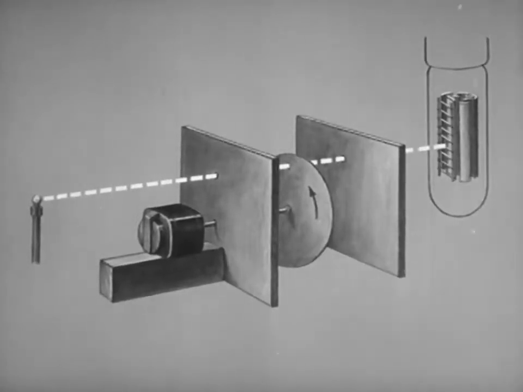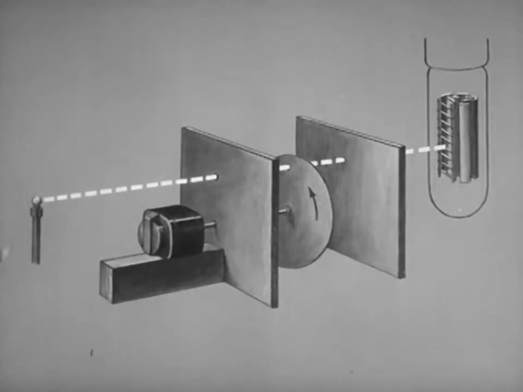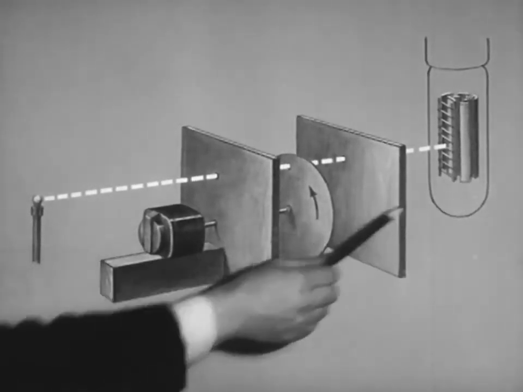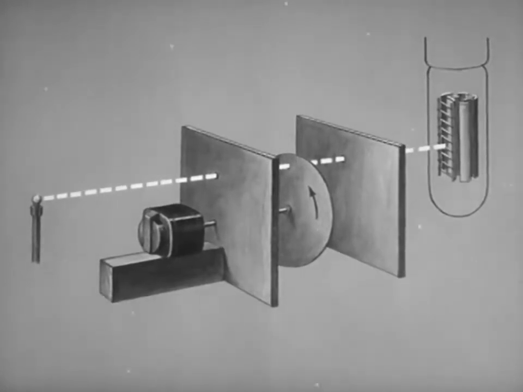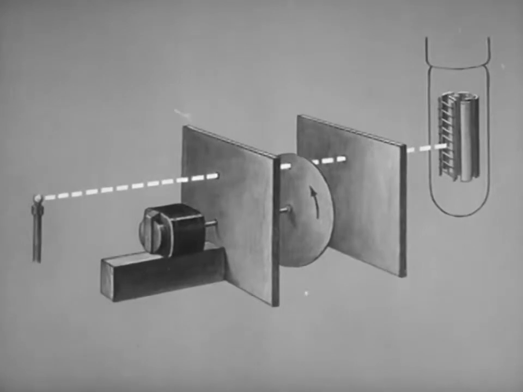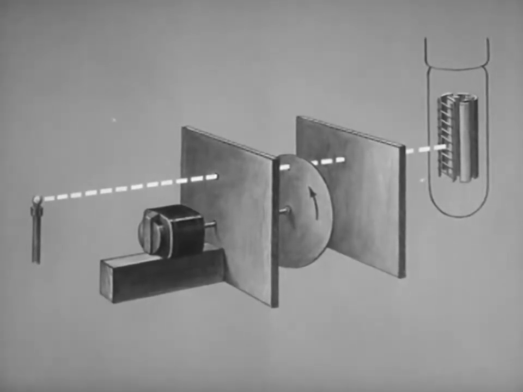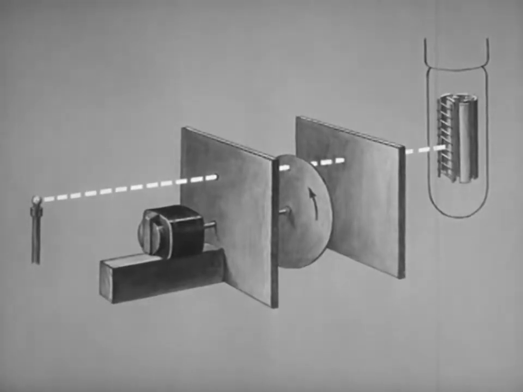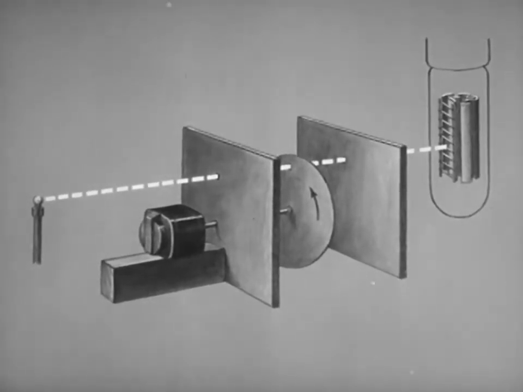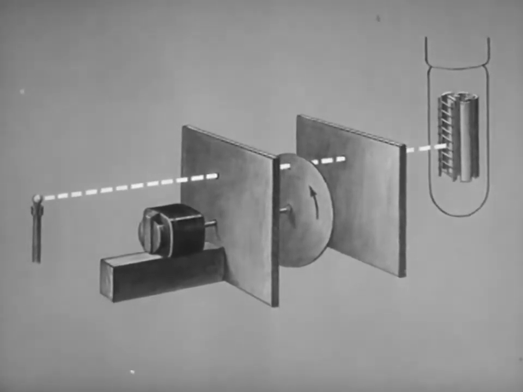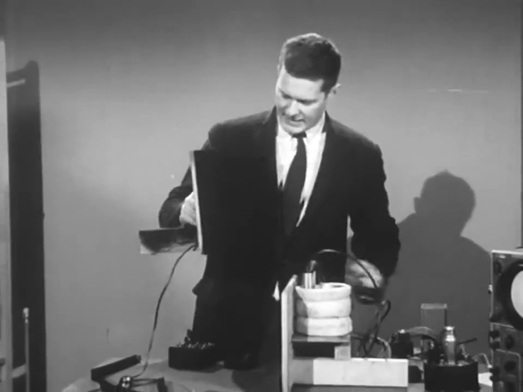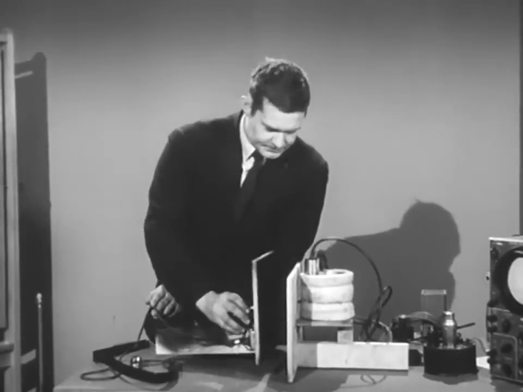Here's a drawing of the apparatus. Here's the light source, the shutter, and the photomultiplier. Light will reach the photomultiplier only when the holes in the shutter line up. This will happen for a brief instant during each revolution of the disc. What we are going to do is look for a delay in the emission of photoelectrons after the light strikes the photomultiplier. Now let me line up the whole apparatus,